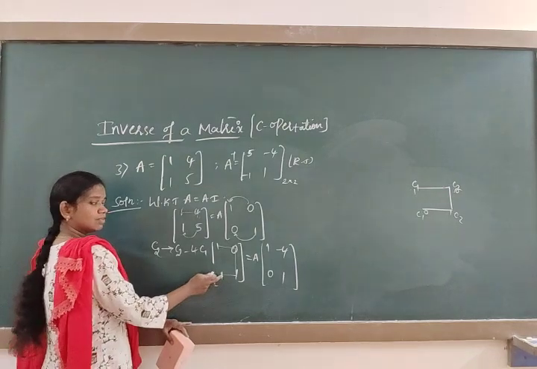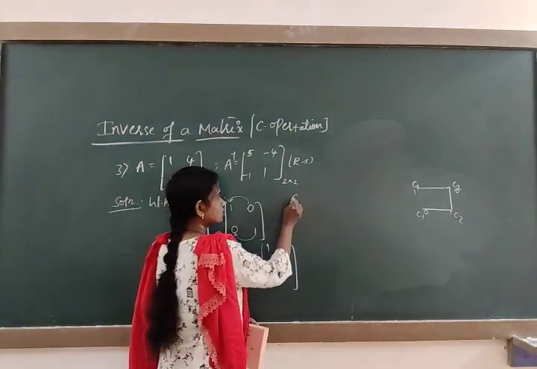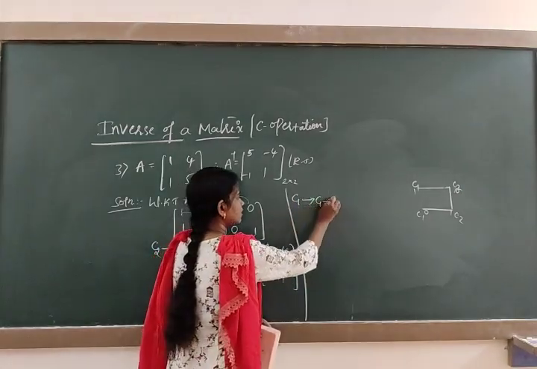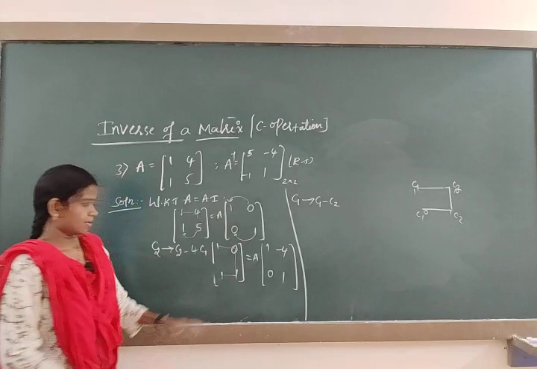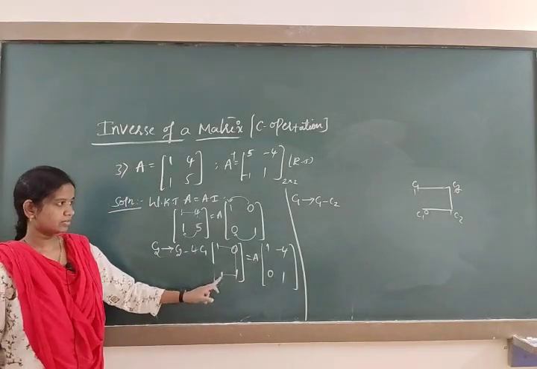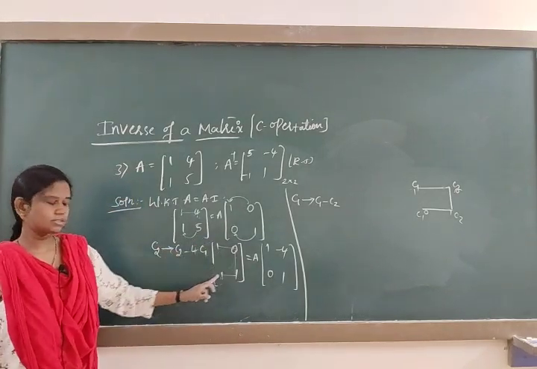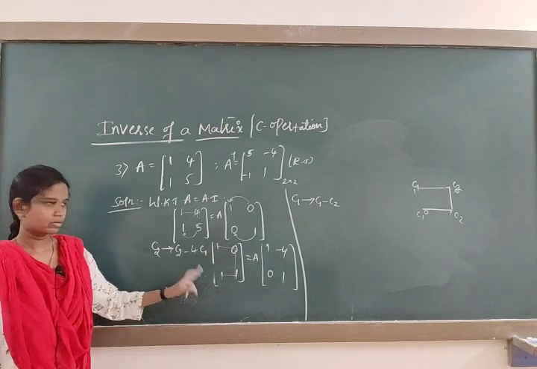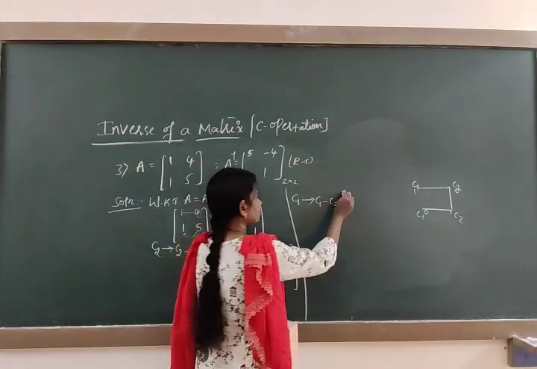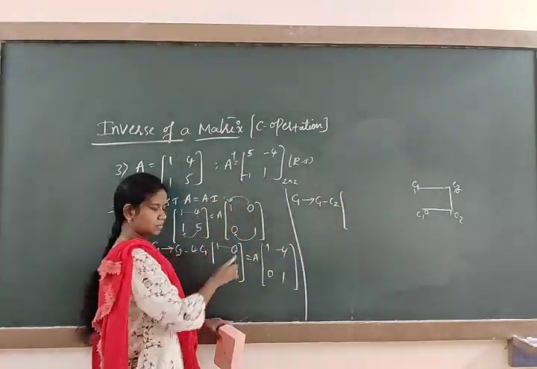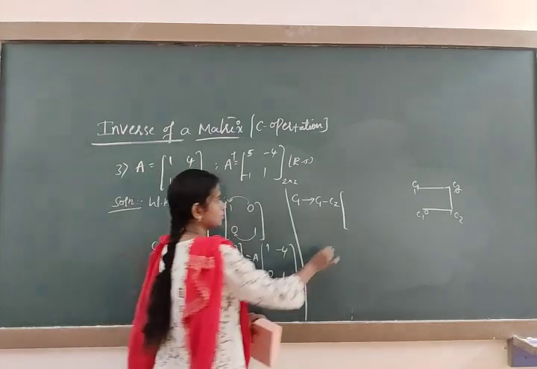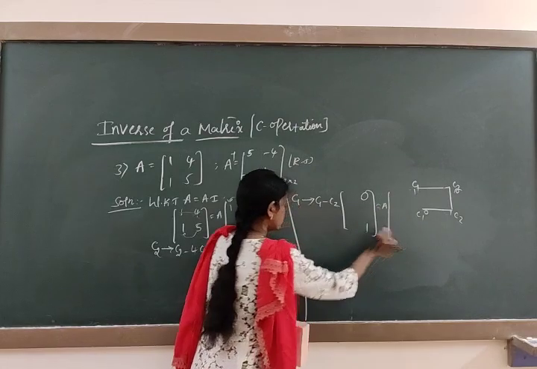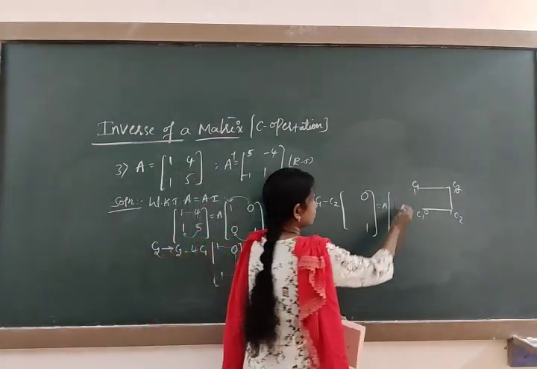So it is present in which column? The C1 column. C1 changes as C1 minus C2. 1 into C2 means C2 itself. Look at the figure, you have to come like this, the C portion I said, the reverse of C. So we are changing C1. It means we have to take the C2 elements to be the same. This is 0 1 is equal to A of, this side is -4 1.